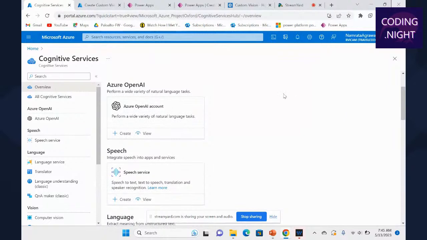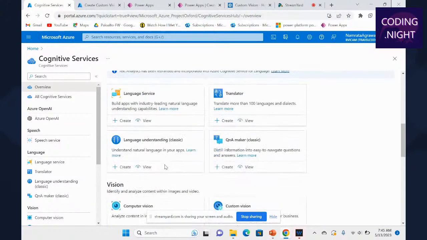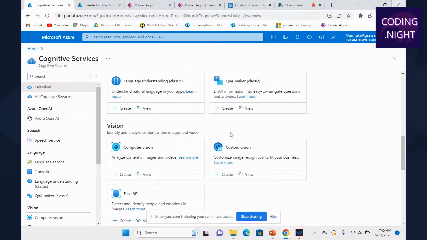I was talking about the OpenAI and speech APIs, the language APIs. They offer really good services which can help transform your business and revolutionize it with different real-time use cases. And we are focusing on the custom vision services here.